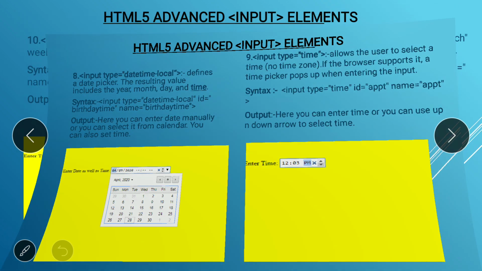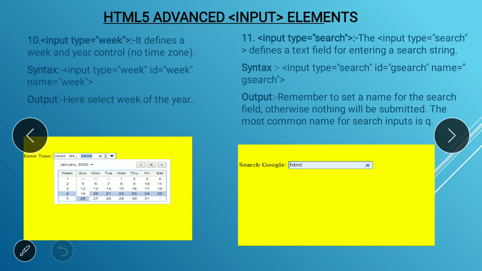Next control is nothing but the input type week. So student, you tell me what is the use of week? As its name told you, it defines a week and year control.